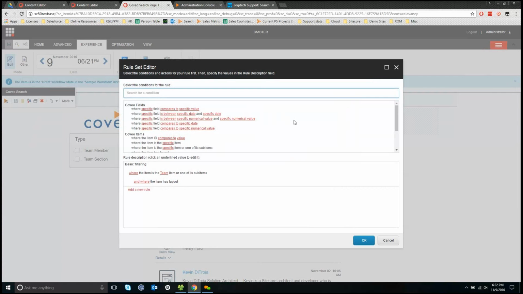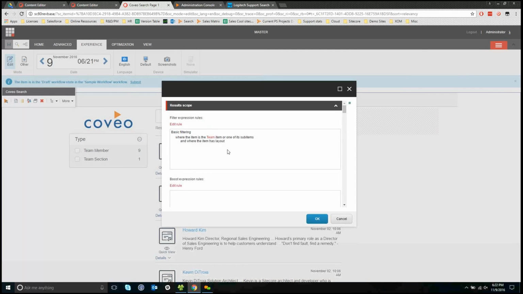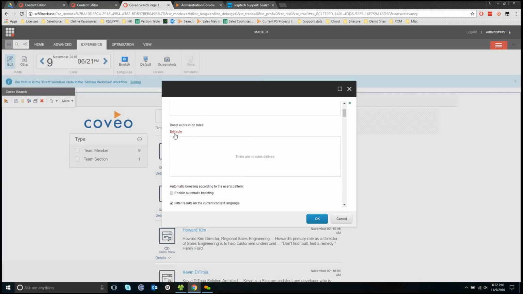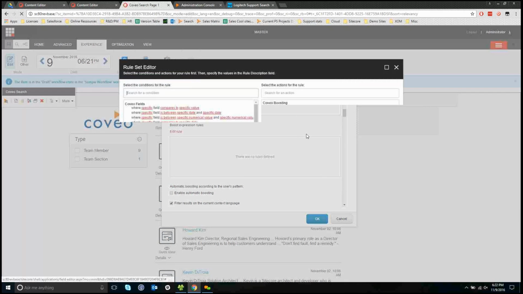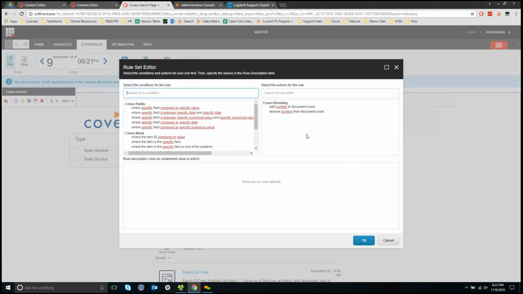In this case here, an author could actually change the scope themselves, so giving them a lot of flexibility. And the second set of rules, if I cancel this, will be a boost expression rule. So this one I won't get too much into it, but mostly basic relevance that you're seeing at the moment